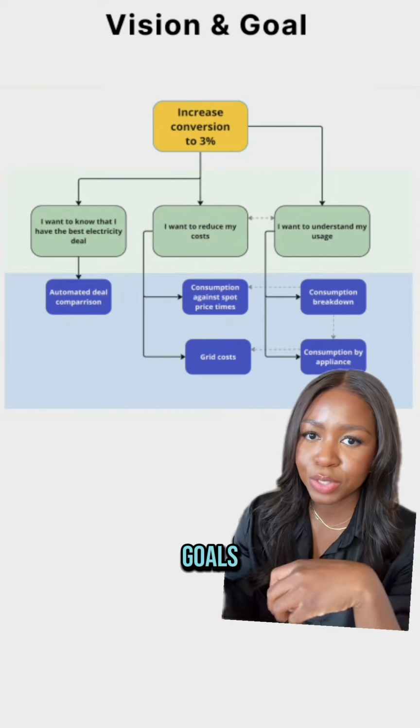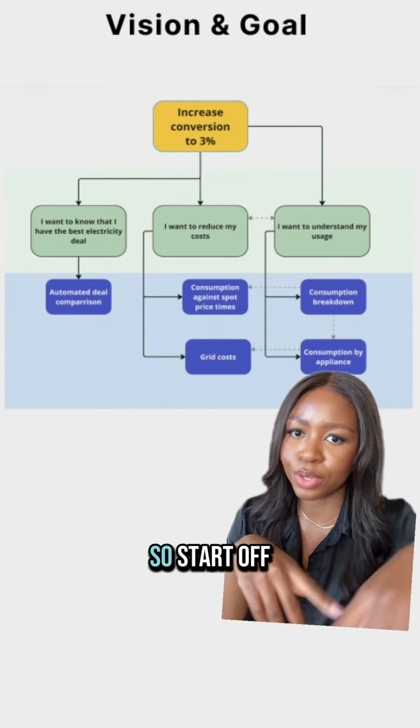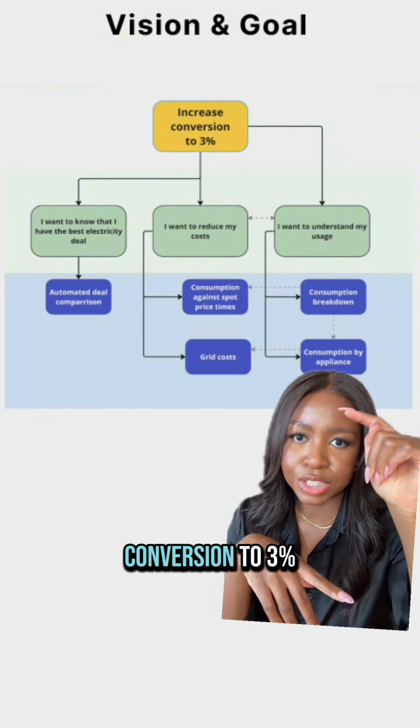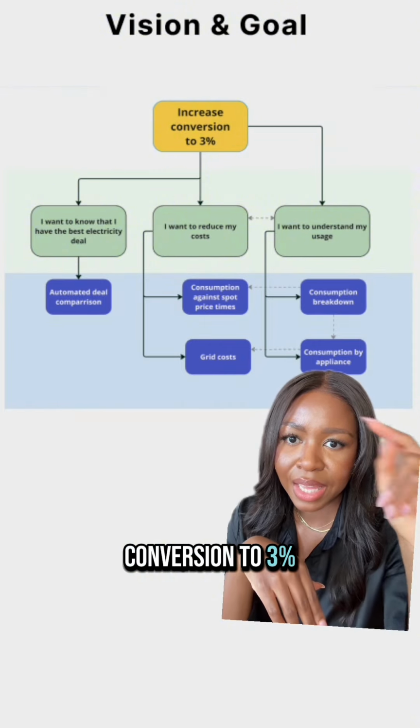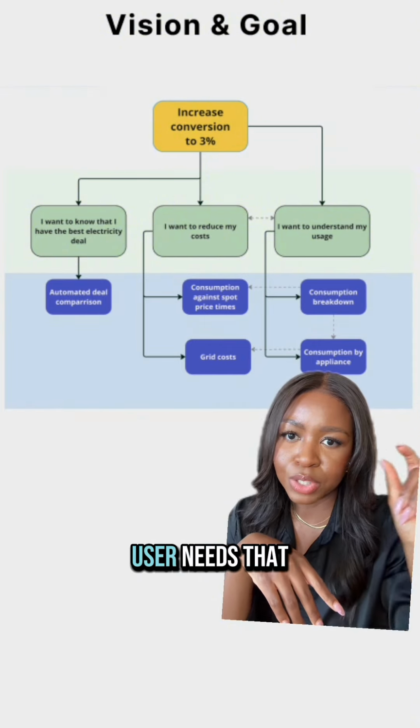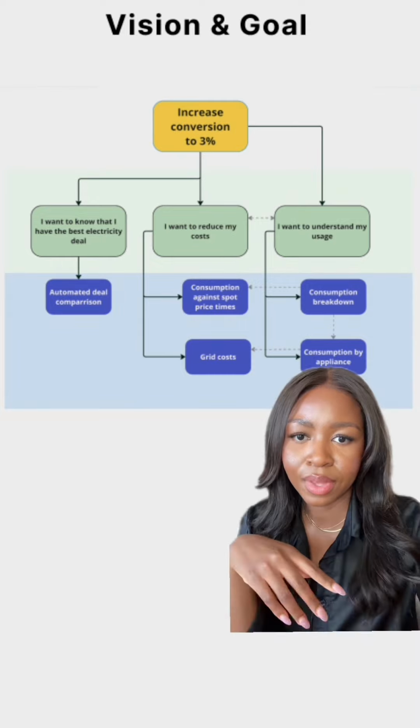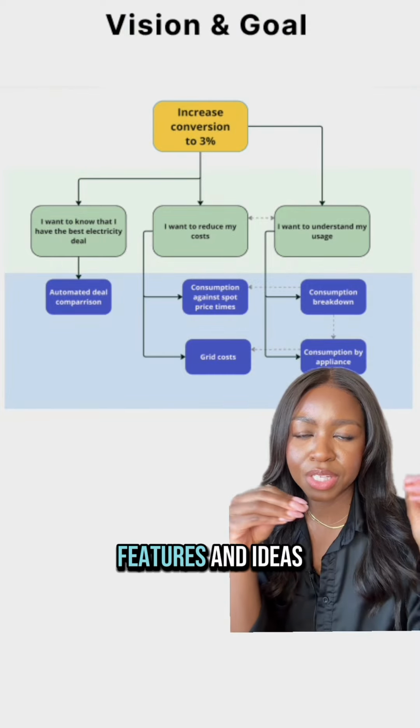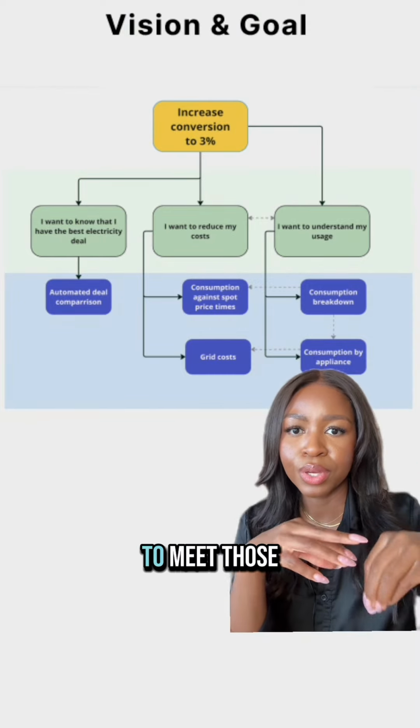We're going back to vision and goals because now we have a vision. So start off with increasing the conversion to 3%, and then the next row are all the different user needs that we have extracted. And the row below that is all the features and ideas that we have to meet those user